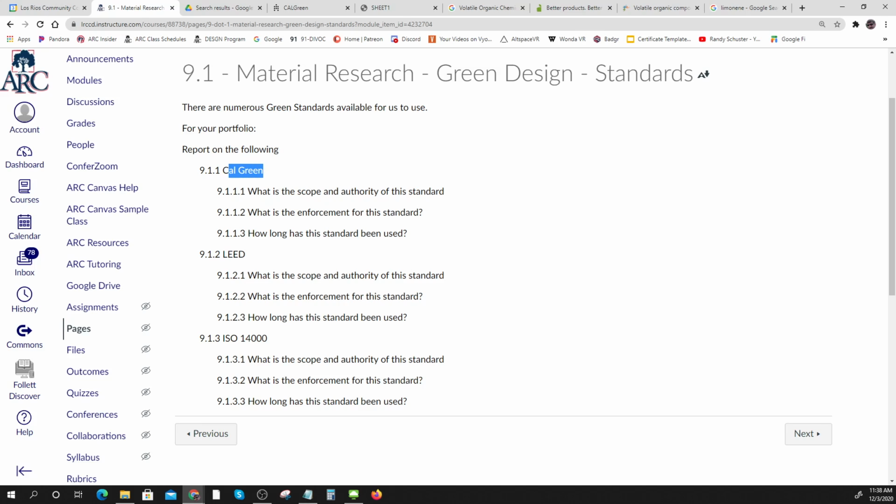It's very similar in many ways to Cal Green, but its scope is international and it's a little bit more broad because it's the management, not just the design. It's a management of the design function, and the authority, of course, is just whoever has inculcated this into their laws, which is most of the European Union, much of Southeast Asia,